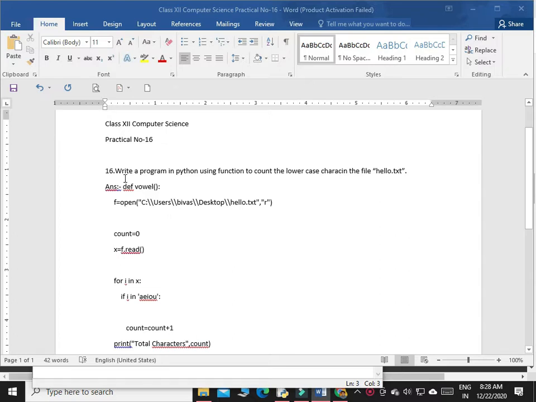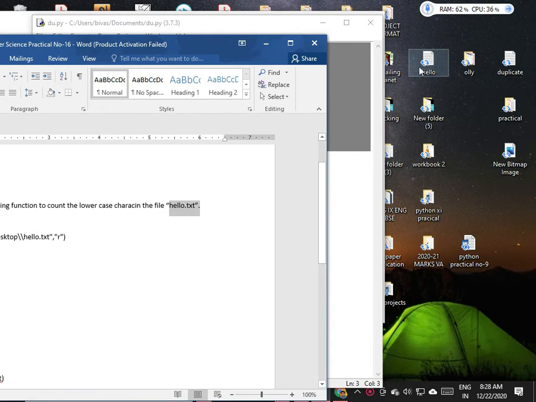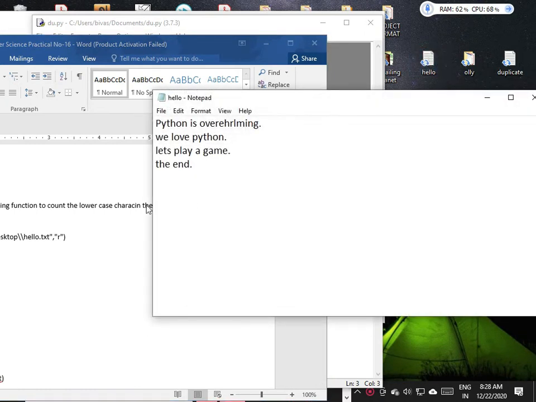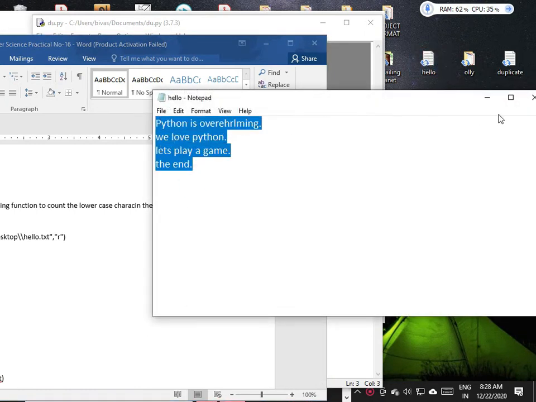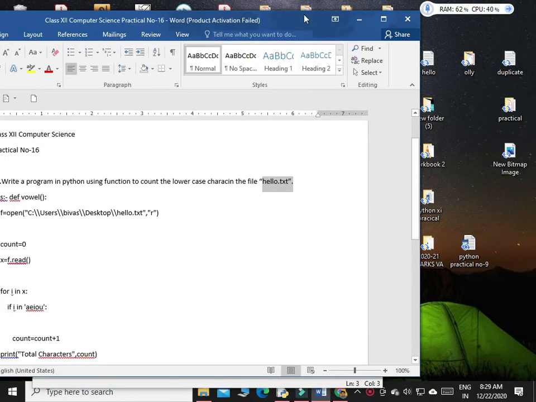Today's program is: write a program in Python using a function to count the lowercase characters in the file hello.txt. hello.txt is the file which I have created on my desktop. Inside that file I have written something. All I have to do is read that file and count the number